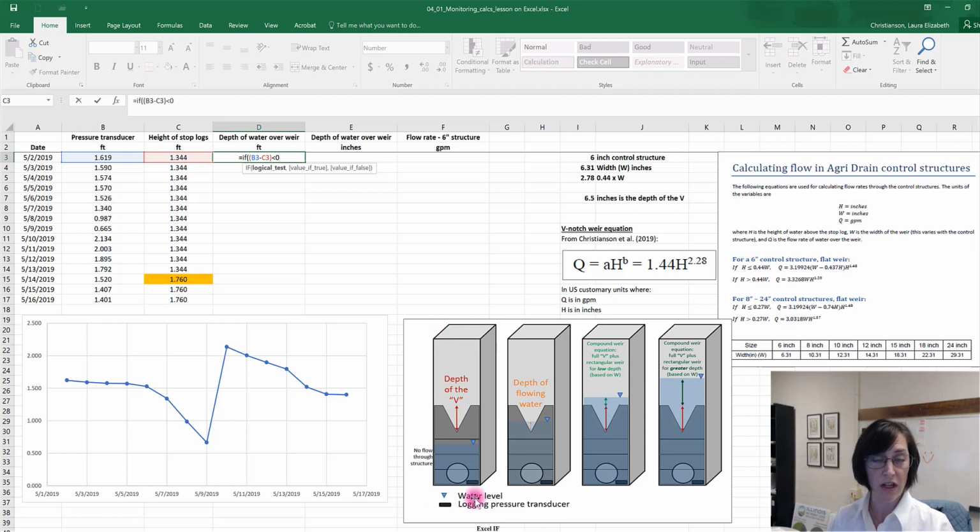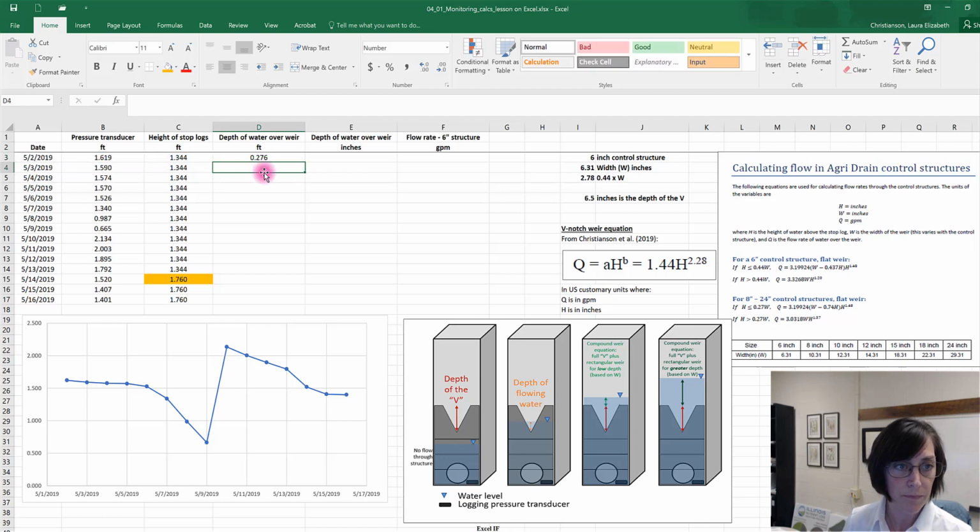The height of the pressure transducer is less than the height of my stop logs. If that's less than 0, then I want it to give me a 0, else I want it to give me what this value actually is if I just subtract them. And then I have to end the formula by closing my parentheses.